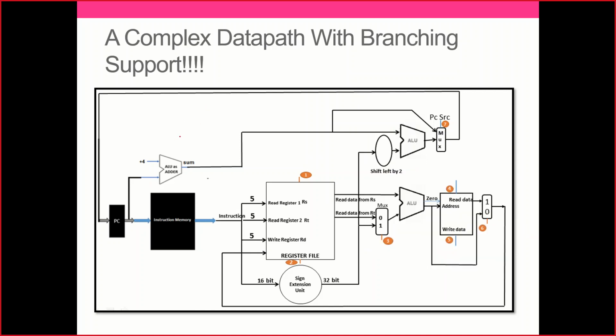Now, what did we do? Very simple. I'll go ahead step by step. This is the first part of it. I have got instruction memory available. The instruction comes out of it. I know there are 3 registers which are going to be used based on the instructions. RS, RT and RD are available, and they all belong to a package called a register file.